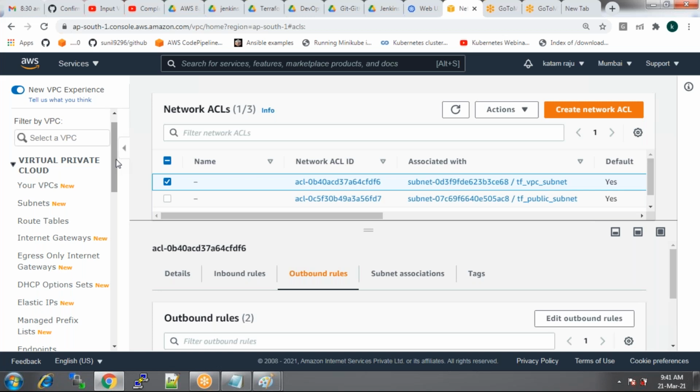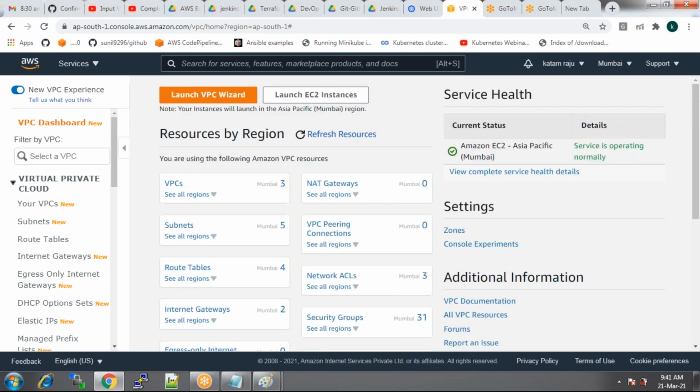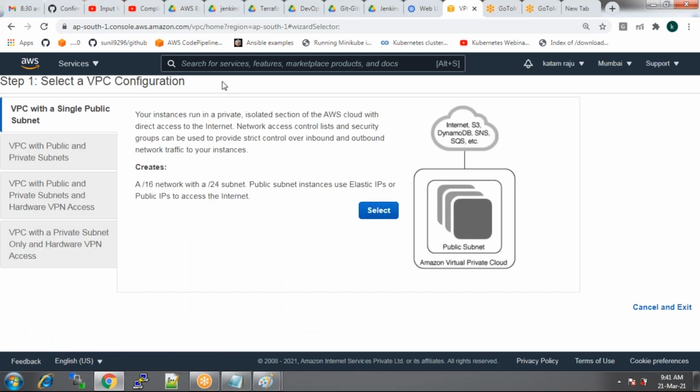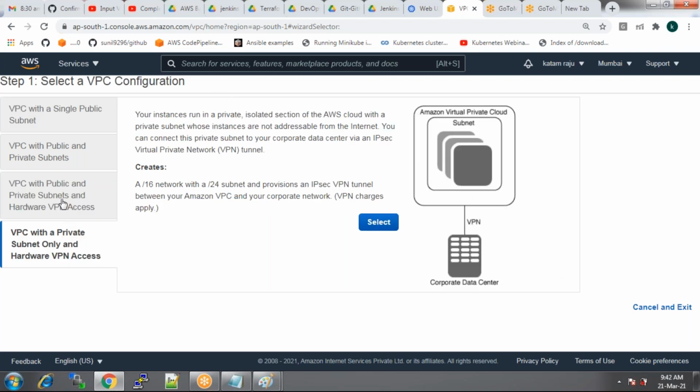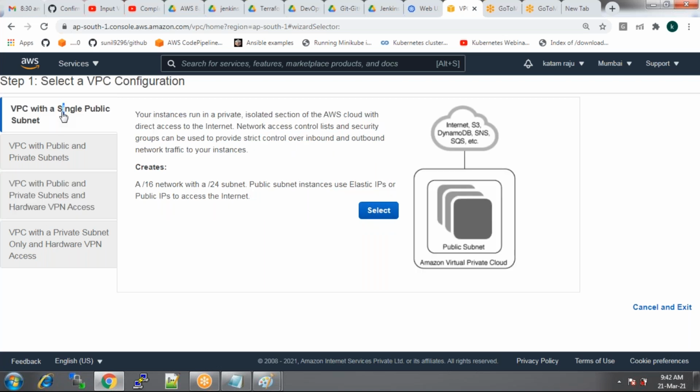We'll be doing them by following these steps. Now, today let's start with the VPC wizard. Go with launch VPC wizard. Now we can create only these two wizards, the first one and the second one. The third one and the fourth one are not possible, because we need VPN hardware devices. If you are connected within a corporate network and have VPN devices, then this is possible. If you don't have VPN devices, you cannot do it. But let's go with the first: create a VPC with a public subnet only.